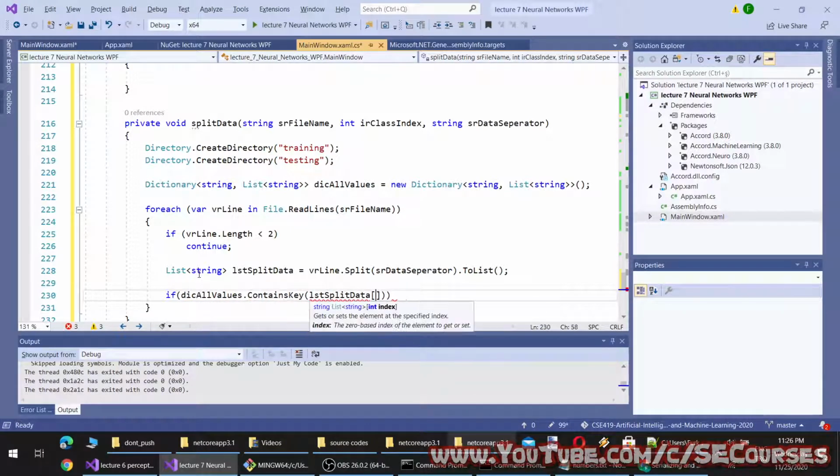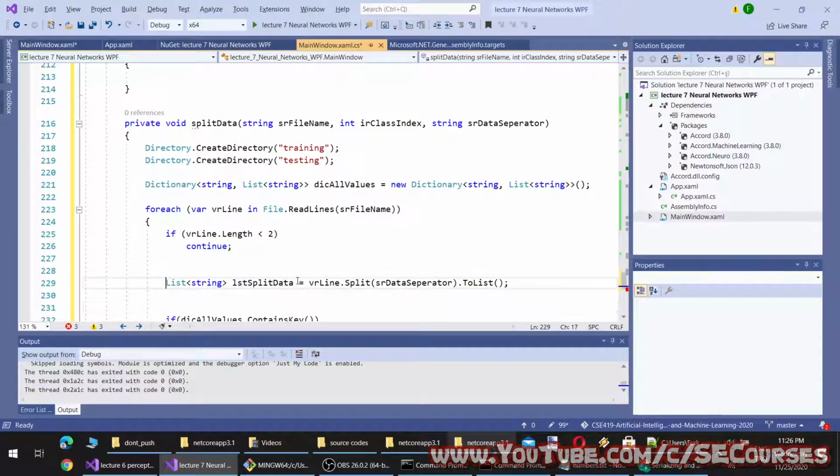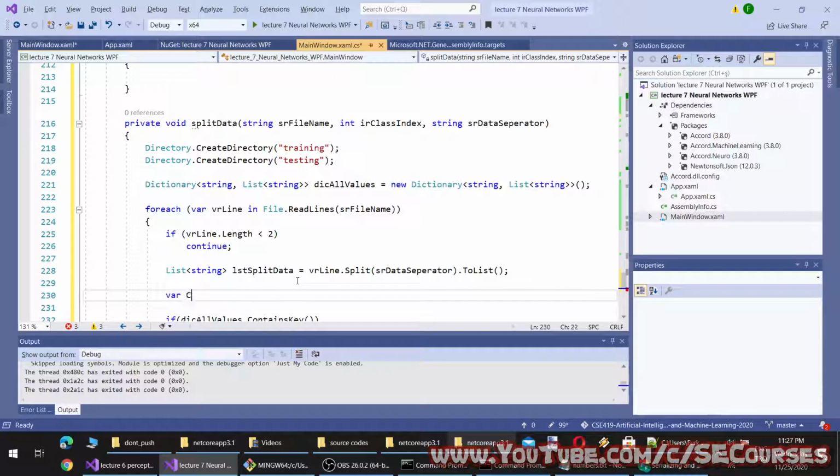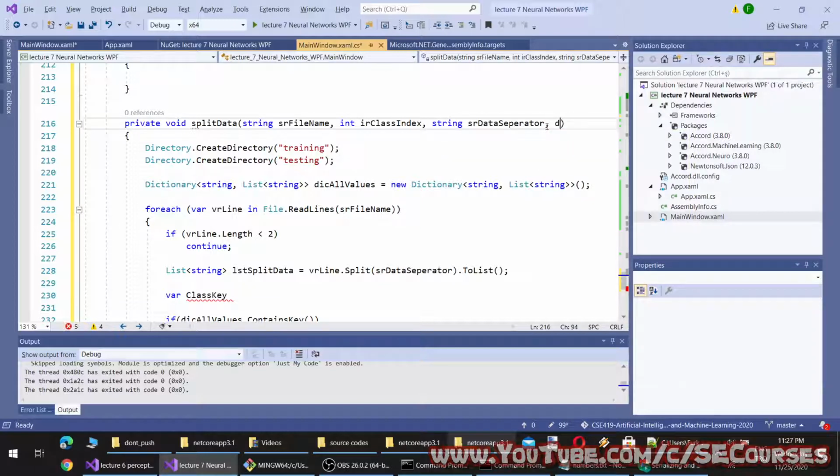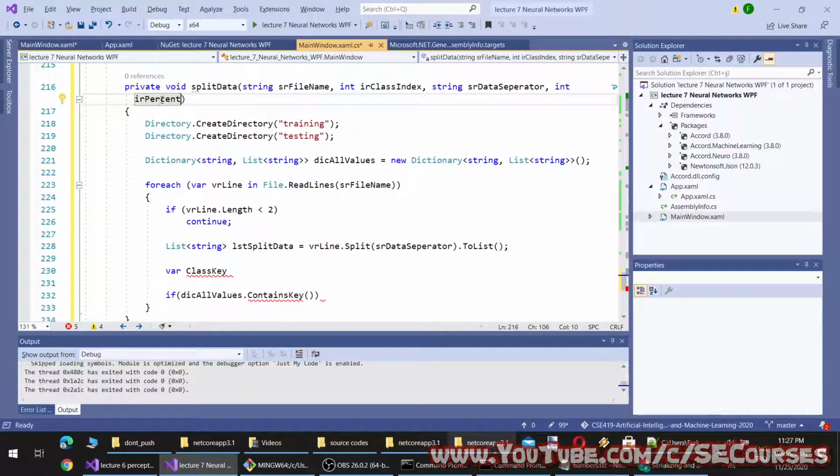Split data, class index. We can also add percent. Let's make it double percent, or integer percent, it can also work. Separation percent.